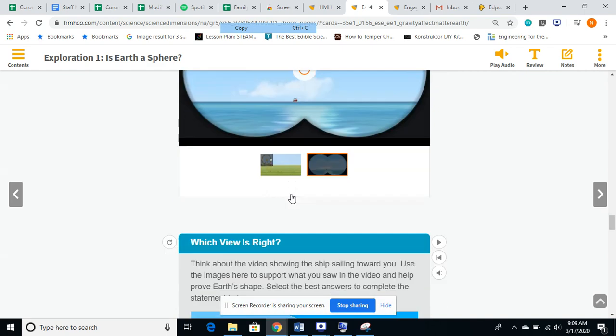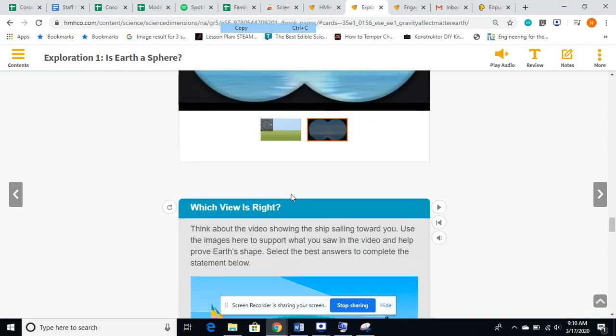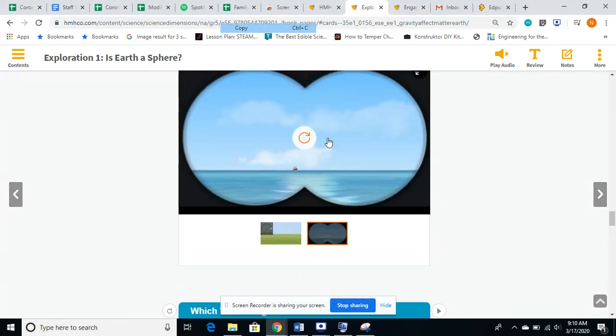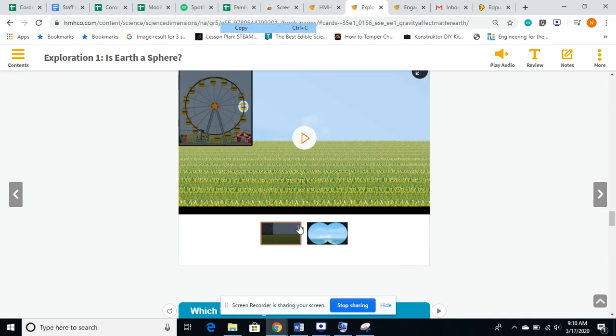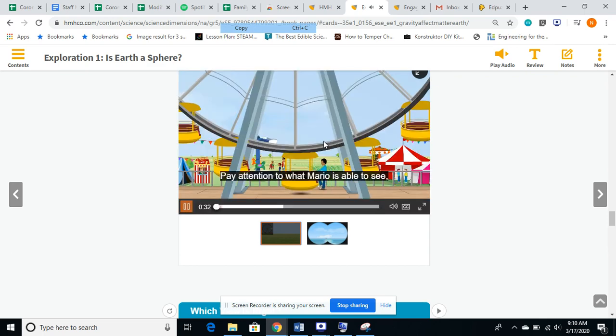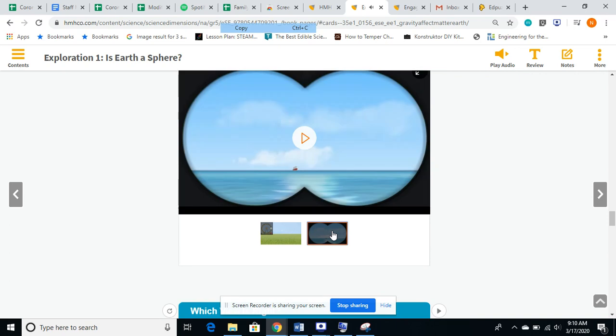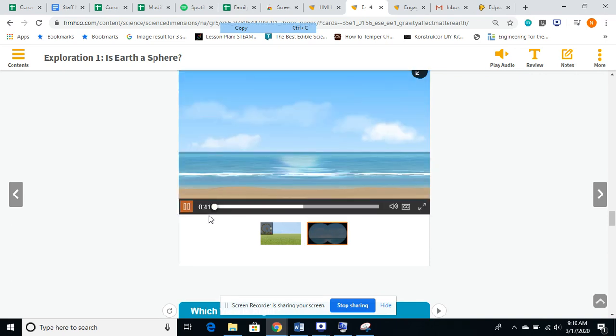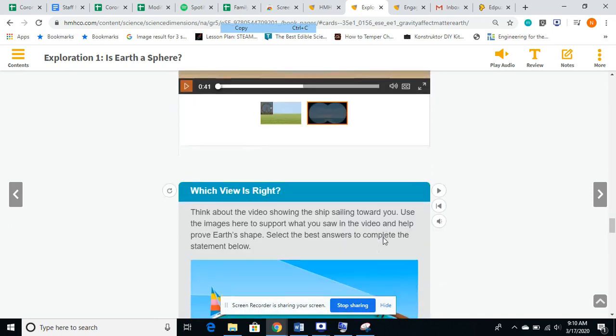Okay, I think you guys can answer that question. So basically, it's because the Earth is round. So up in this Ferris wheel, we can see the horizon because the Earth is curved and the horizon is hidden behind the curvature of the Earth. Same, the boat is hidden right now behind the curvature of the Earth. Okay, so